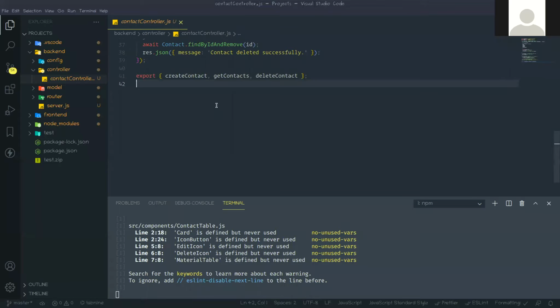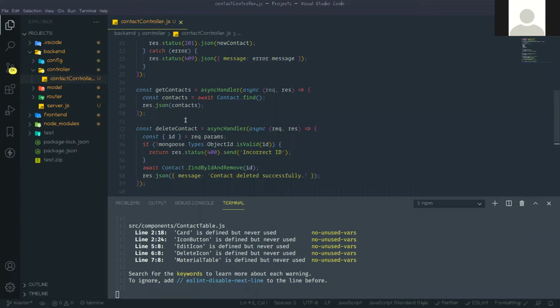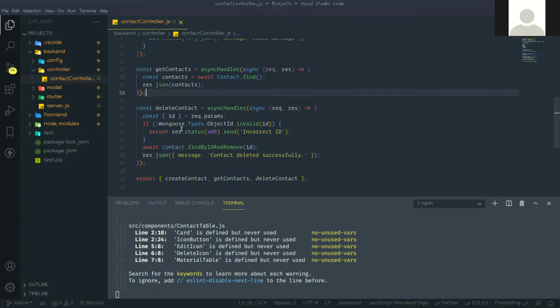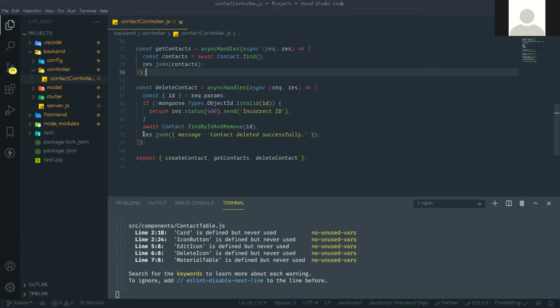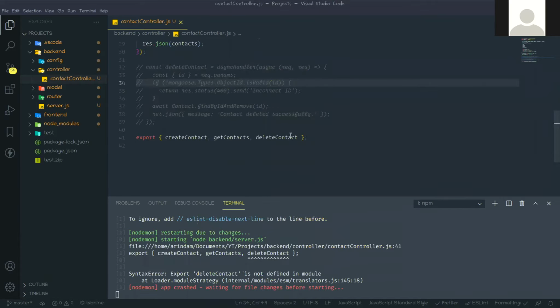If you remember, in my last video we created this method. This is get contacts, meaning we are creating one API. From that API we will get all the contacts that the user has saved. So this is the method. This thing I will build later.